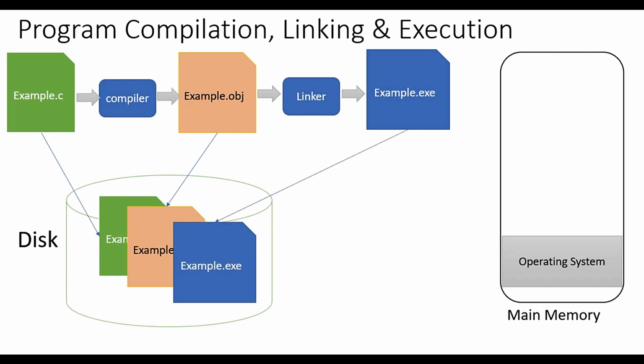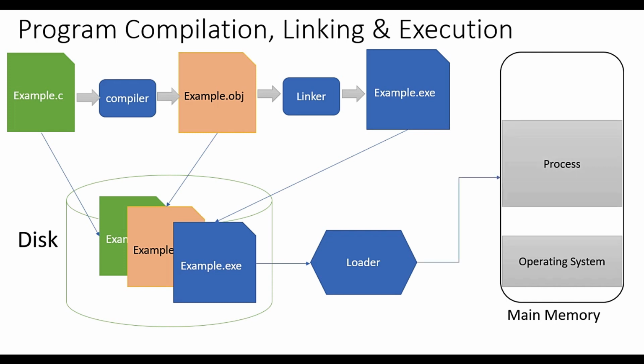So this is the binary for us and we execute this binary. And when we run the binary, there's a program called loader, which is responsible to load this program in memory for execution. And that program loaded in the memory for execution is called a process. So we can see an executing program is a process. Now let's see how we can detail down and understand what is inside the process. What are the memory blocks inside the process?